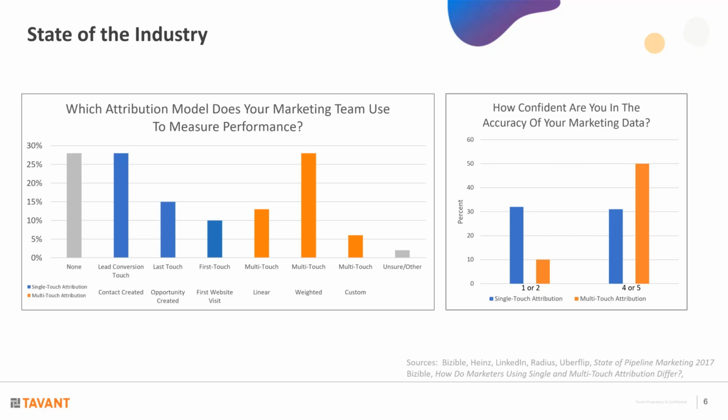There were about 350 companies that were asked this question, and the results are plotted here. As you notice, at the time of the survey, little more than half were still using the one-touch attribution kind of models, and slightly less than half were using multi-touch. But in there also were all three flavors that I mentioned here: multi-touch, which are linear, weighted, and also custom. Custom are basically algorithmic and model-based, data-based methods.